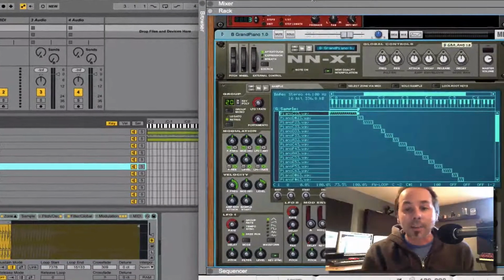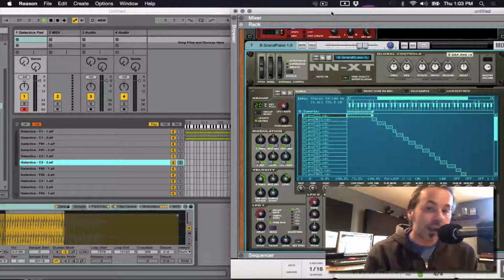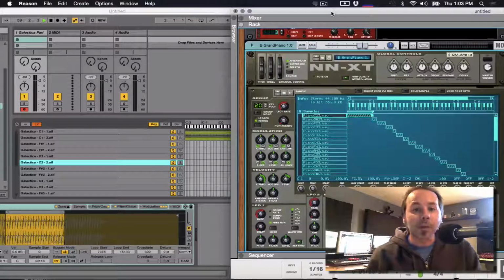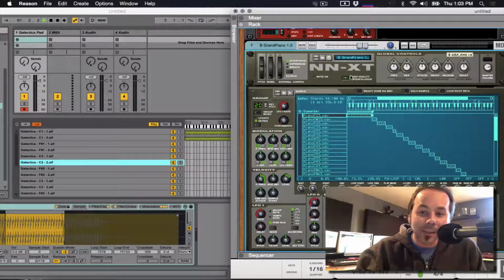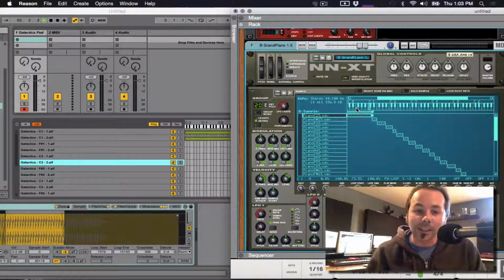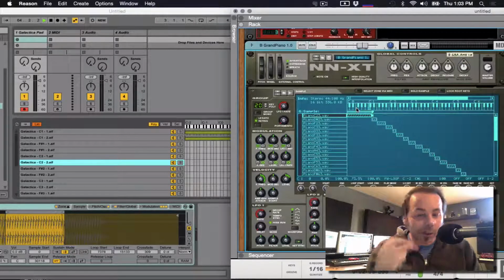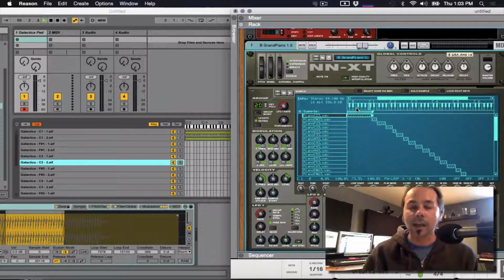In this class, we're going to cover all kinds of different techniques for using samplers to make your own sounds and instruments. We're going to be using primarily Reason and Ableton Live. We'll be using the NNXT in Reason, the NN19 in Reason, the Simpler in Ableton Live, and the Sampler in Ableton Live. However, if you don't use any of those tools, you are still A-OK in this class,